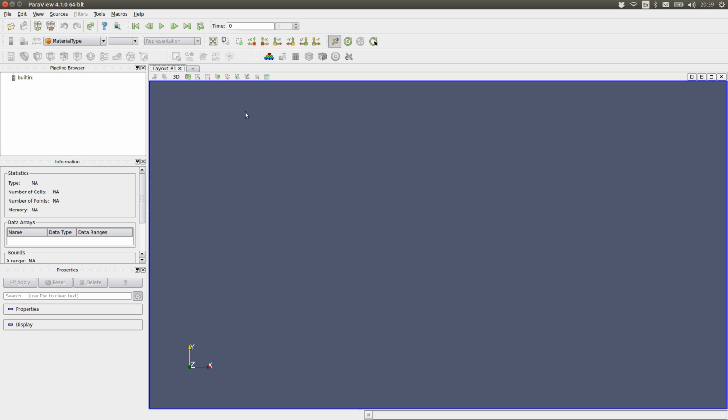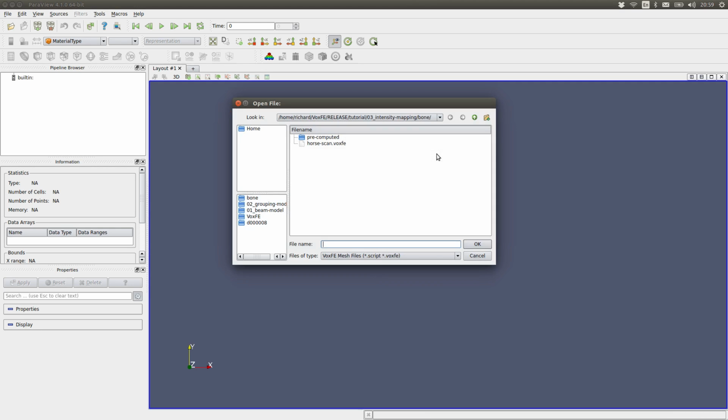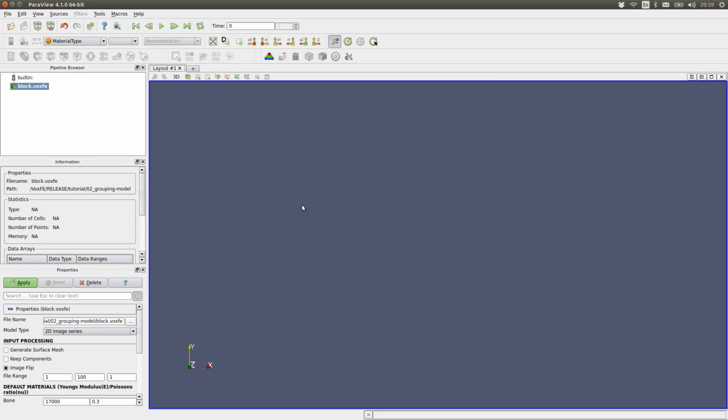So the first thing I'm going to do is load a simple dummy model which has just been created to test a couple of features, and this can be found in this grouping model directory, just called block. It contains some lumps of stuff around the model which is just meant to be noise, but just to demonstrate that, I'm going to click this